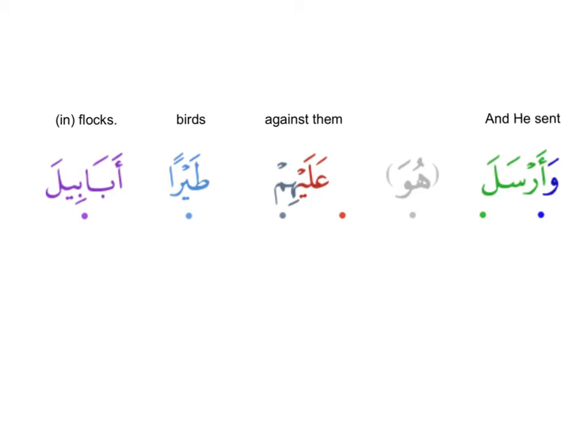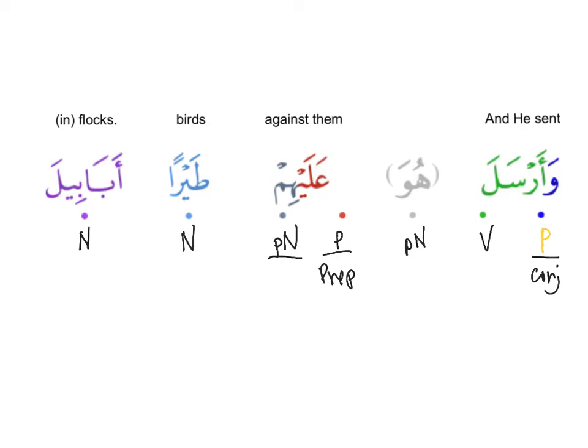So wa is the particle of conjunction. So it's right here, a particle of conjunction, and you have a verb here. Verb arsala. Then huwa would be the implied pronoun in arsala. Ala would be the particle of preposition. Him would be a personal pronoun. Tayran would be a noun because of the tanween. Ababil would be a noun because of the pattern. Alright,